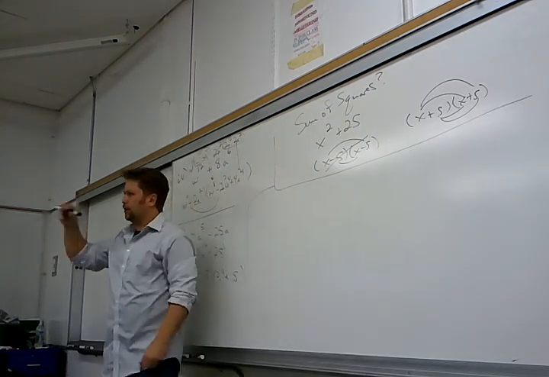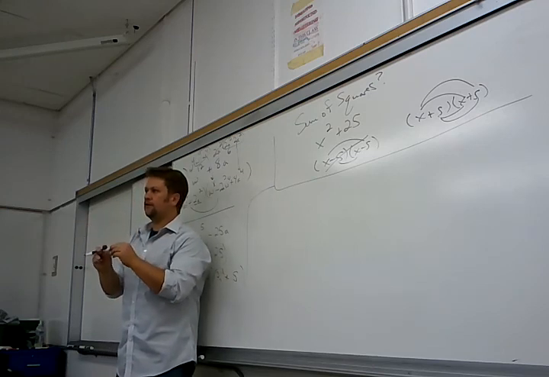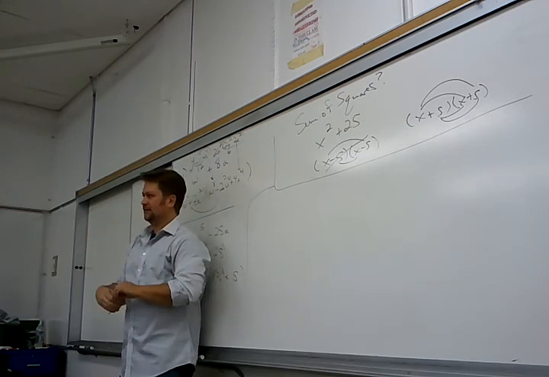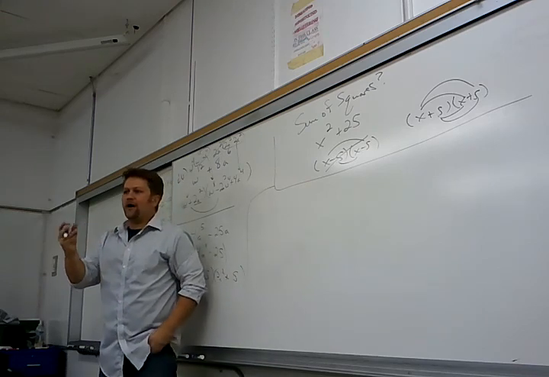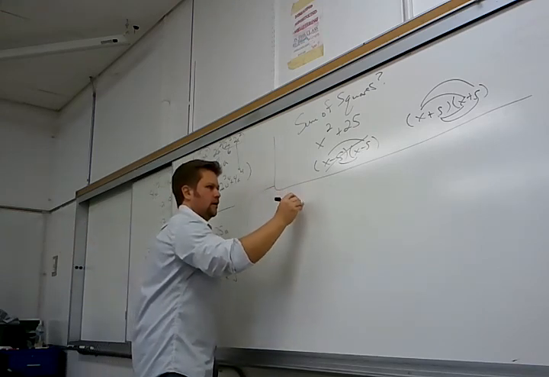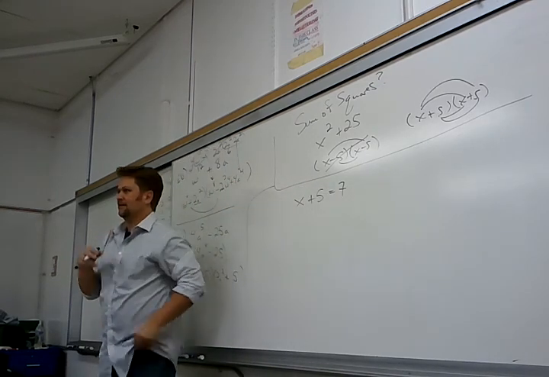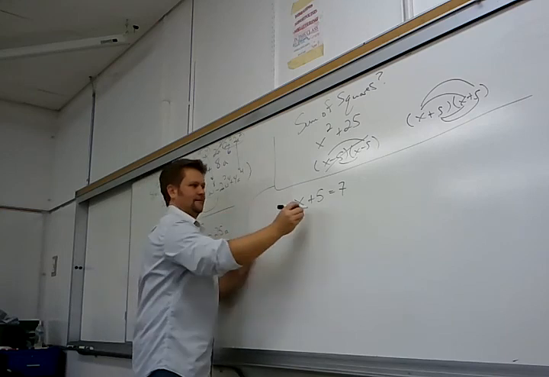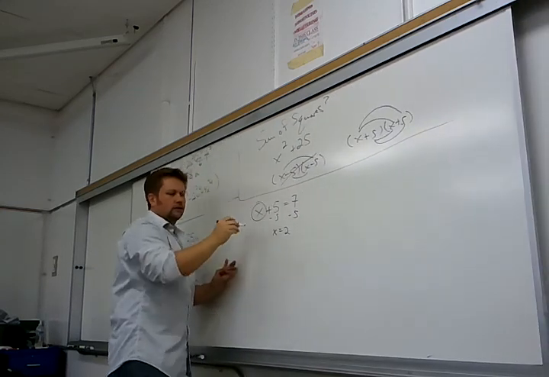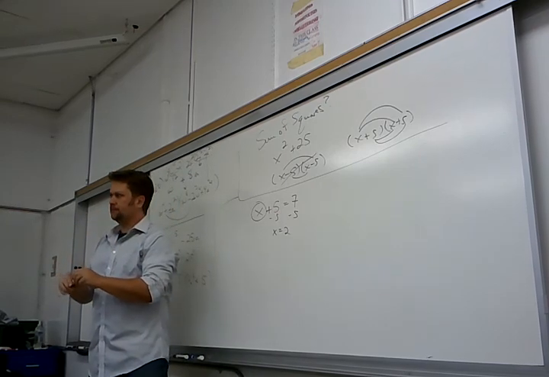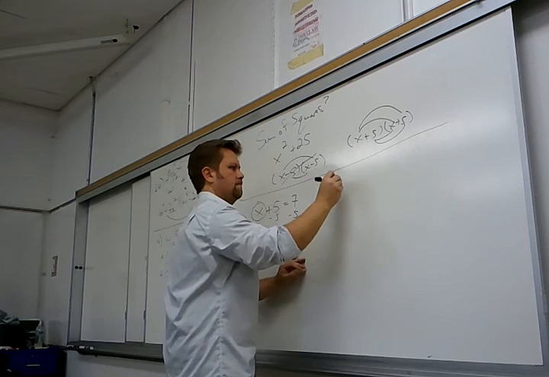So just the last thing here, I want to show you one tiny reason, we're going to do more than this, of why factoring is important. We've talked a lot about how to do it, but not about why to do it. So tell me this, can you solve that? Yes. x equals 7 minus 5, 2. x equals 2, cool. Because you can get x by itself, there's an equal sign. What about,